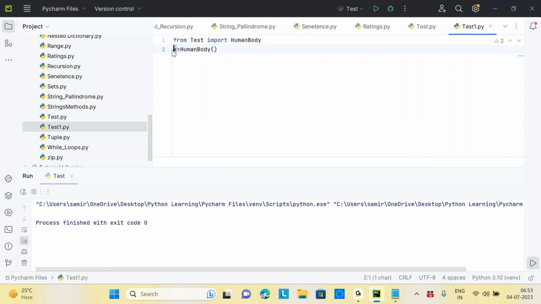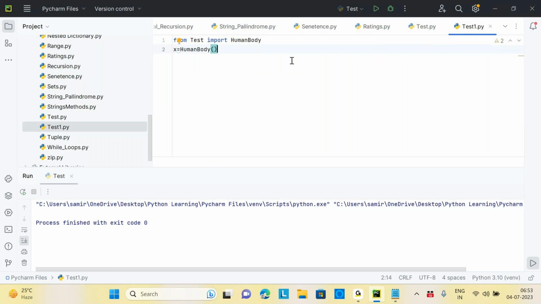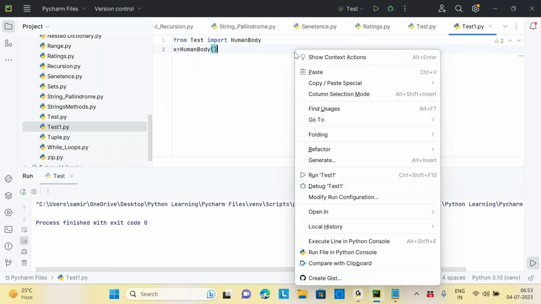This is an object of the human body class. All right, makes sense. That is the point. So now, this is the function which will initialize when the object gets created. Now, on that note, if I run this program,